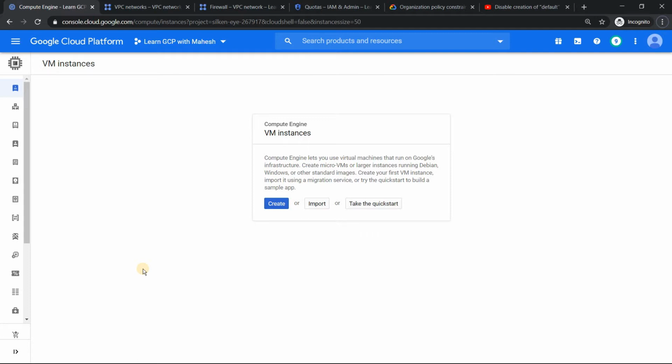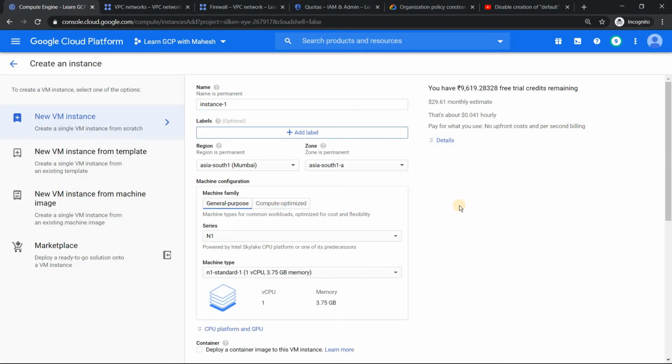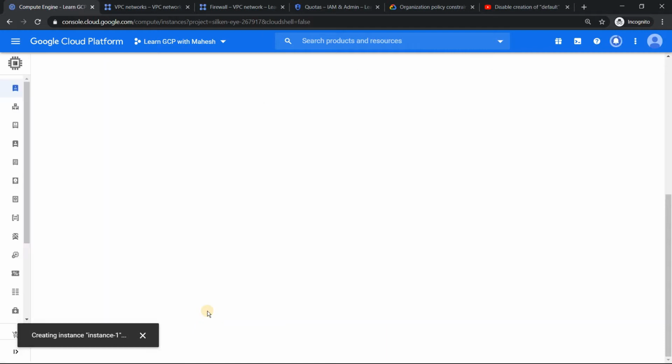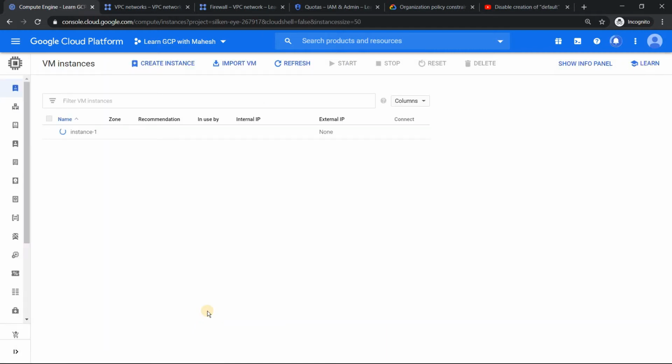Now we are in our GCP console. Just for a minute, let's forget we are productionizing. We are just learning GCP for the first time. And everybody watching this video, I can definitely assure, would have created a virtual machine at least once. So let's just create a virtual machine quickly with all default settings. We are not going to do anything. Just click on the instance and go create. Click on the create button. So if I just scroll down, click on create. That's it. I did not even do any change. Even the region and zone I have not changed. I just clicked on create and let's see what happens.